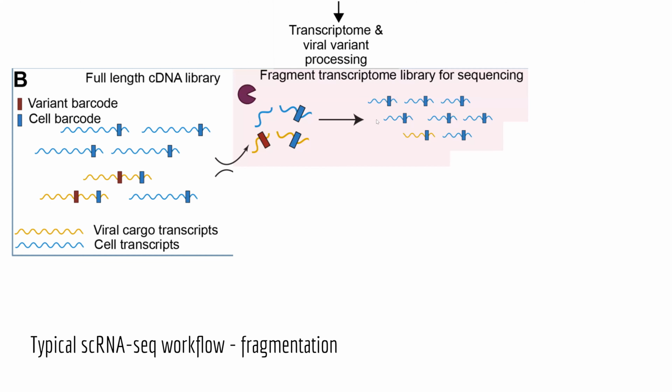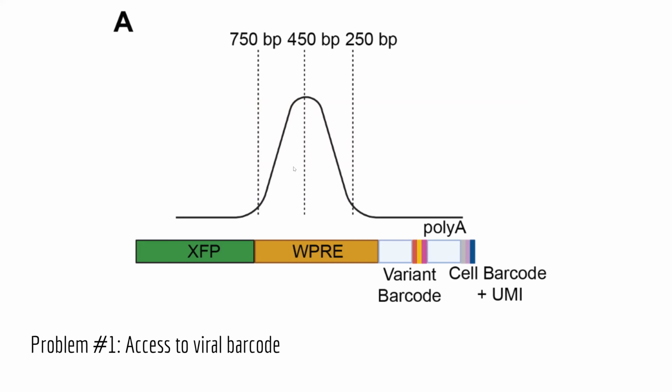One of the first steps in the single-cell procedure for preparing your library for sequencing is fragmentation. And what happens during this fragmentation is you only get the region of the gene that's near the poly A tail, so you lose the distinguishing variant barcode region. This will happen because a lot of the stuff near the poly A tail is usually common between a lot of different genes that you might deliver. This is where regulatory elements go, like the WPRE. And so the stuff that distinguishes the virus, if you have it distinguished by different cargo, is way outside of the reach of